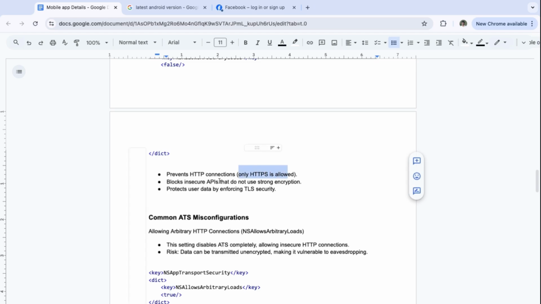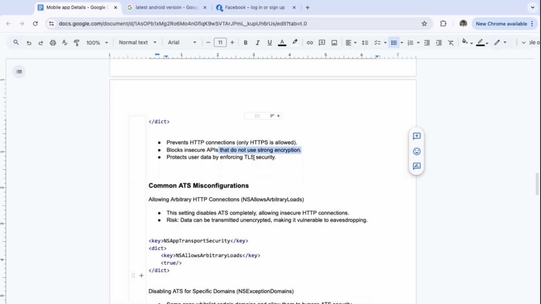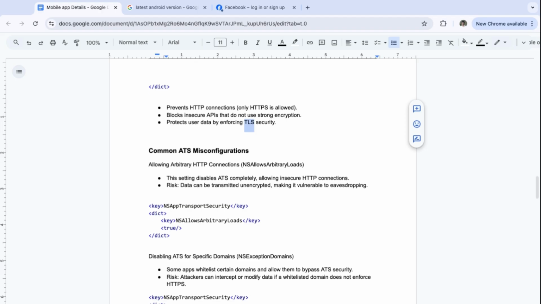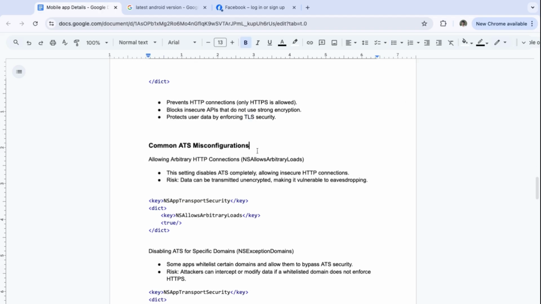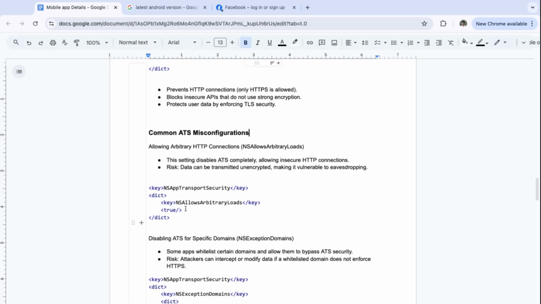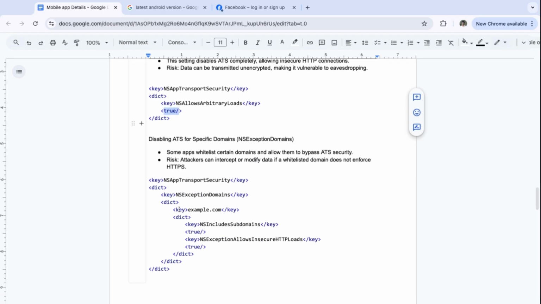Block insecure APIs that do not use strong encryption. Protect your data by enforcing secure TLS. As I told, we have to use TLS 1.3. Then common ATS misconfiguration. Commonly what we do is set allow arbitrary loads to true. This should be false. Then we can give a specific domain access to be local. This should not be